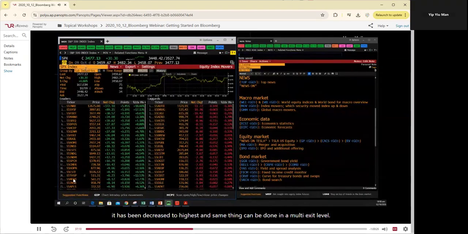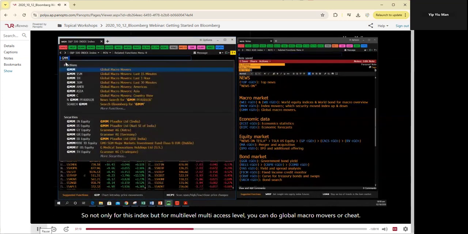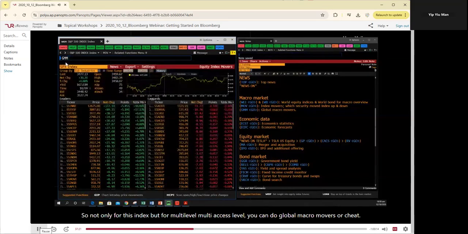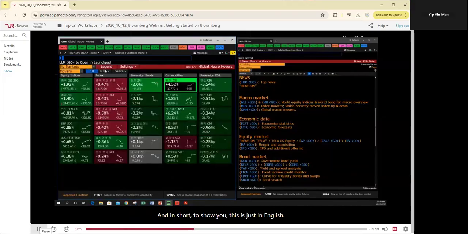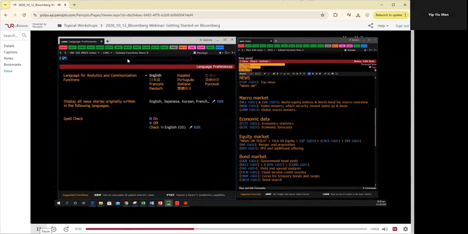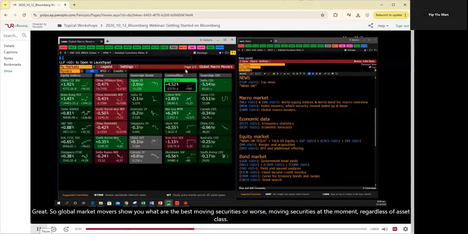And the same thing can be done at a multi-asset level. So not only for this index, but at the multi-asset level, you can do global macro movers, or GMM in short. This shows you what are the best moving securities or worst moving securities at the moment,